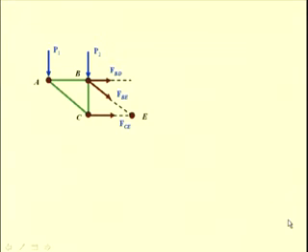This is the free body diagram of the portion ABC. Since the section passes through the members BD, BE and CE, we have to include the forces set up in these members in the free body diagram. We assume that all forces are tensile in nature, so the forces are acting away from the joint. That means the force FBD and the force FBE are acting away from B, and the force FCE is acting away from the joint C.